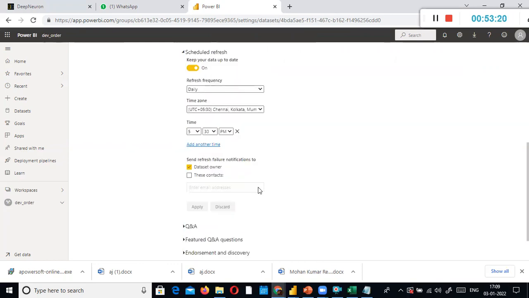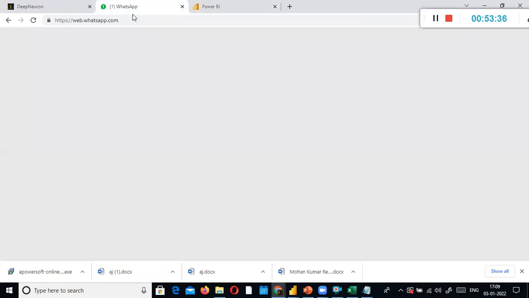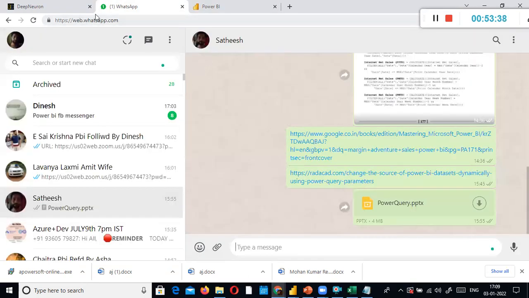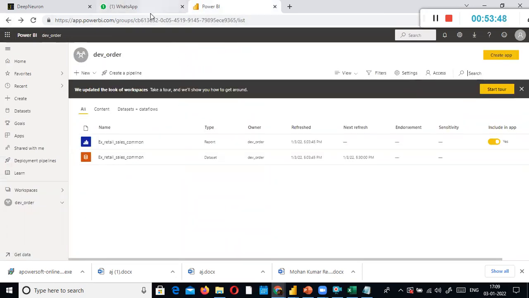Yes, this is the one you need to remember. When will the refresh happen? This time, 5:30 p.m., right? So you don't have an option to specify 15 and all, just 5:30 p.m. something like that. So after 5:30 p.m., when you see it in the report, you can see the country, whichever you typed there. For that corresponding country, it will filter the data and show you the values in the bar chart. You understood? This is the way. But at this moment, now you understand the advantage of query parameter.